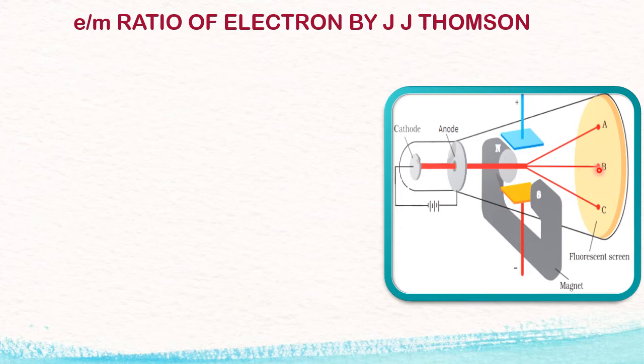Now this is the theory part. Let us not go into detail on the derivation and the mathematical part of this experiment. So this part is not there for us. By carefully adjusting the electric field and the magnetic field, and also the charge on the electron, he measured the e/m ratio for an electron. That we will see now one by one.